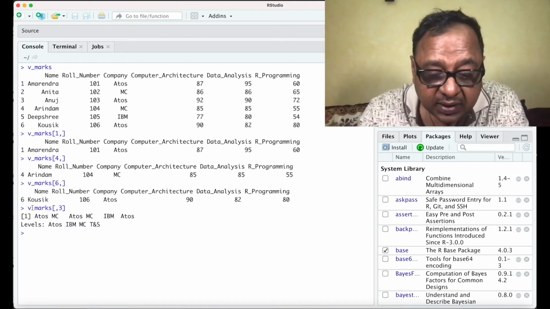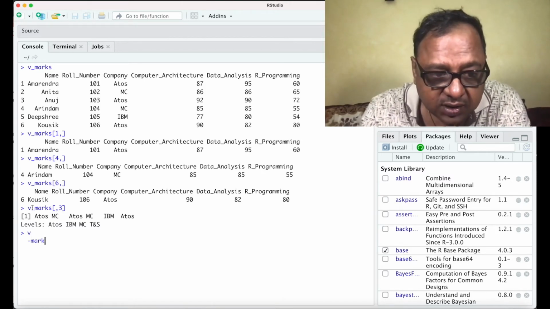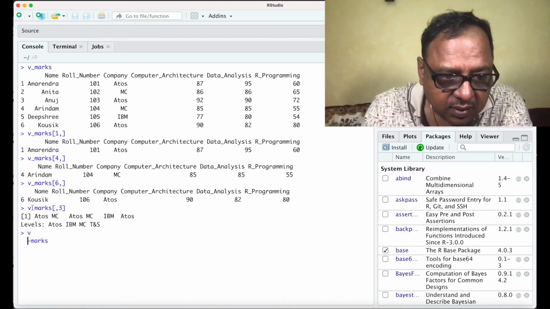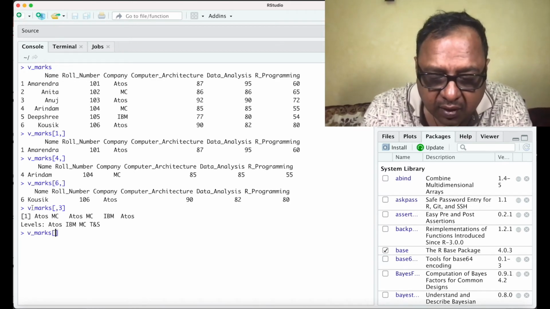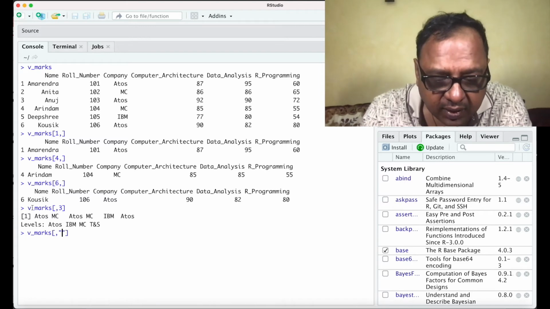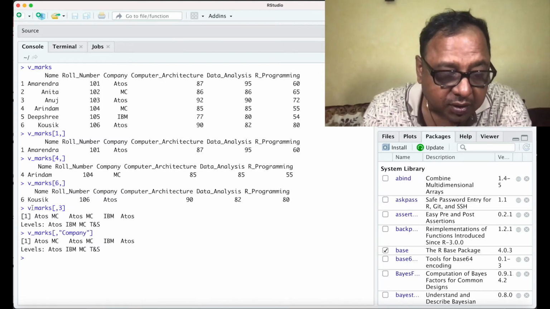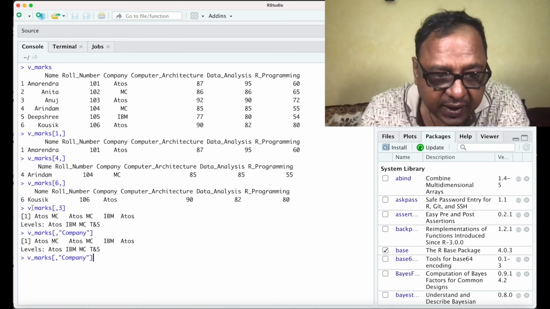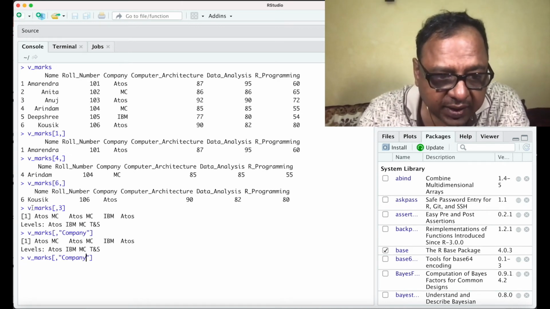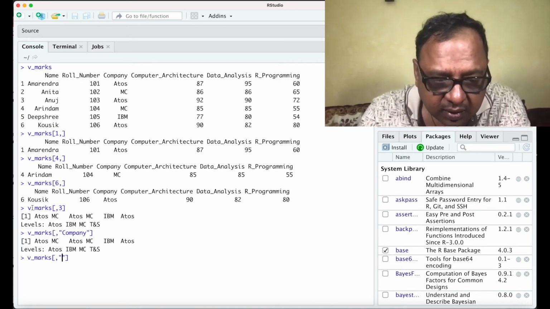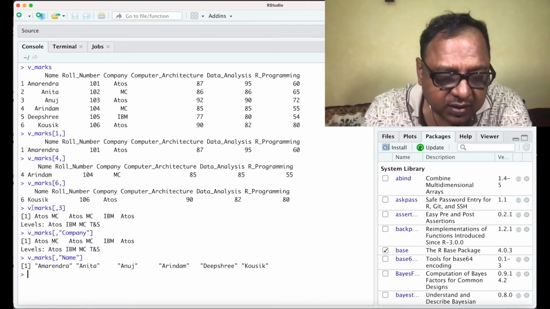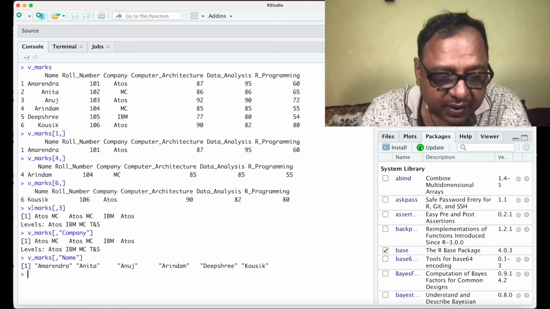Then I can give v underscore marks of comma within quotes I say company. So I get the same output. I could do this for any other column also. I could say comma name. So you see that all the names are provided.